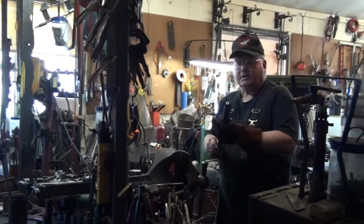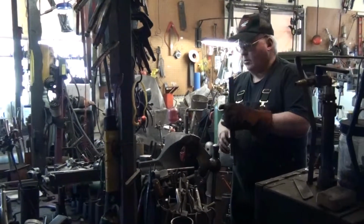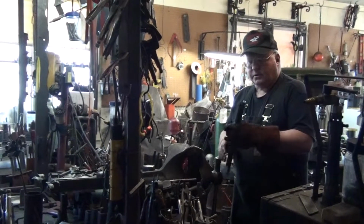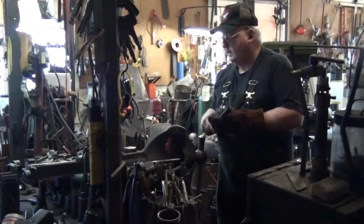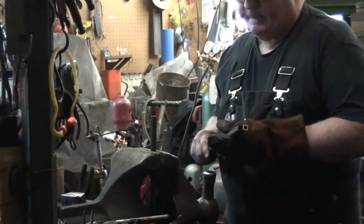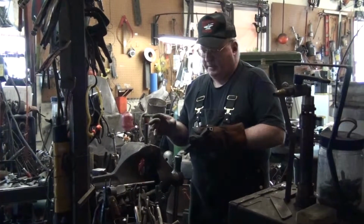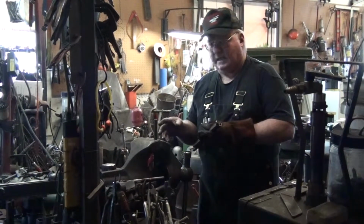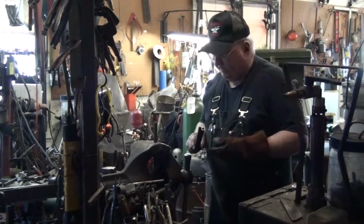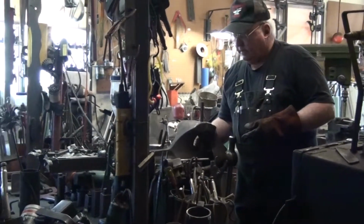Today I wanted to do a little experiment, making something like a morning glory bud specifically. I've got a lot of this 1/2-inch square tubing. Looks like it has about a 14 gauge wall, and my intuition tells me that this is probably not going to be any better or easier or economical than using a 1/2-inch square bar, but I wanted to give it a try. So I'm set up here at the vise with a